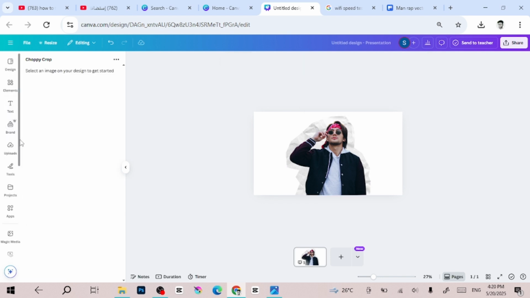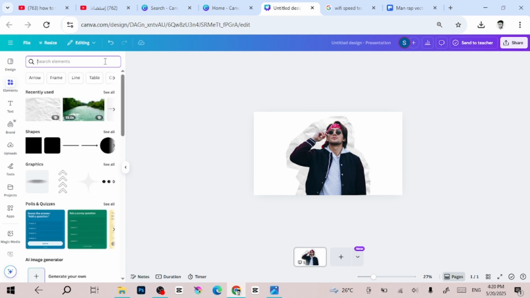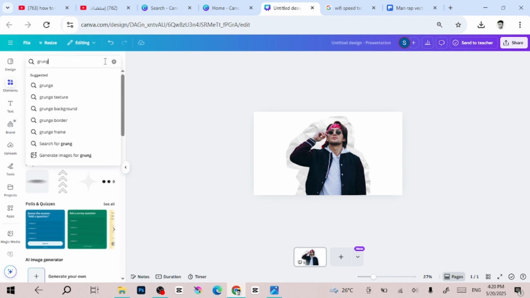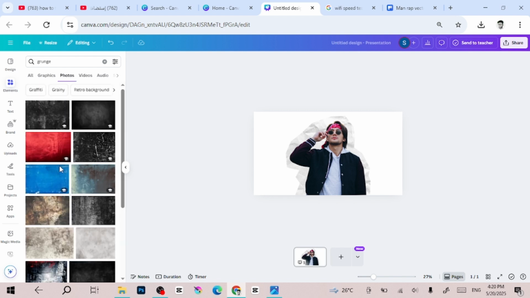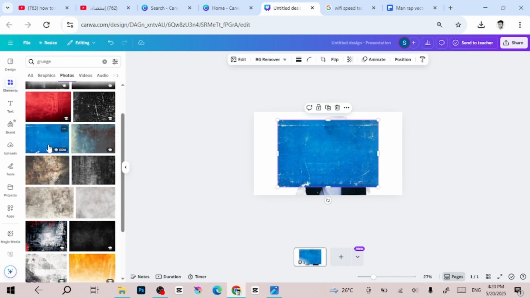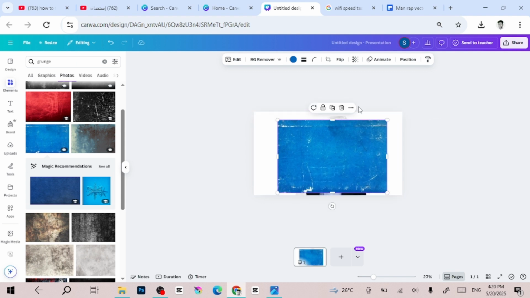Go right now to element, search for this, click on photo and choose the picture that you want to use. For me, I want to use this. Make it as background,